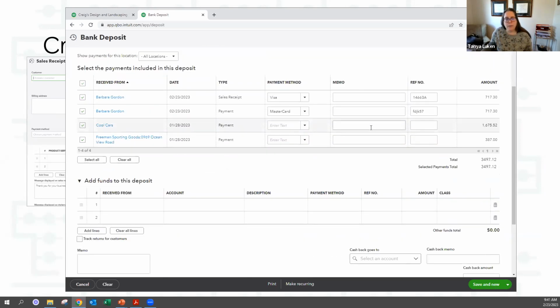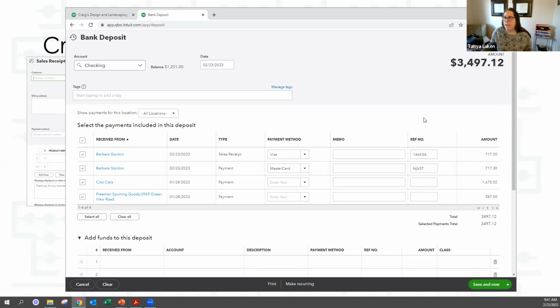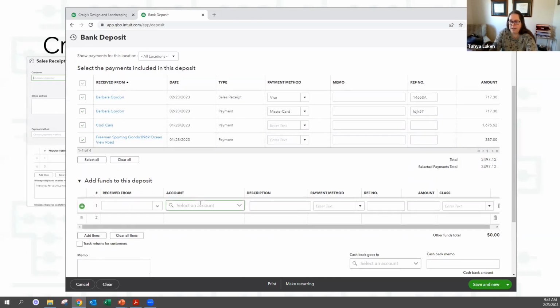For those of you that use things like Stripe or Square or PayPal where there's a fee, so let's say we process these with a fee, you know how you could get a $100 sale, but you're only going to get about $98 in your bank account? What you would do is you would record the sales receipt or invoice at the full price, at the $100. And then you would come in here and you would put in